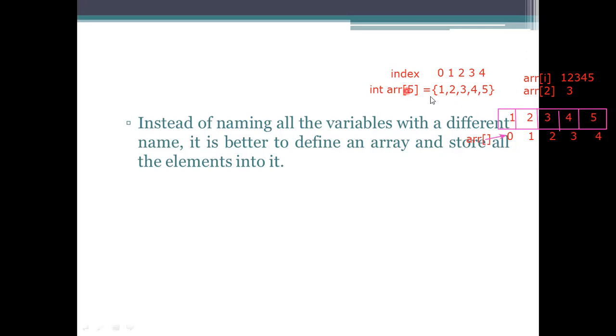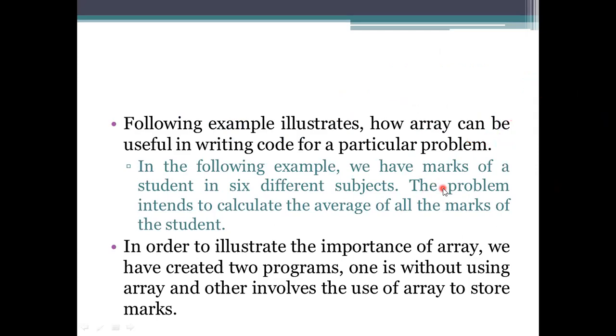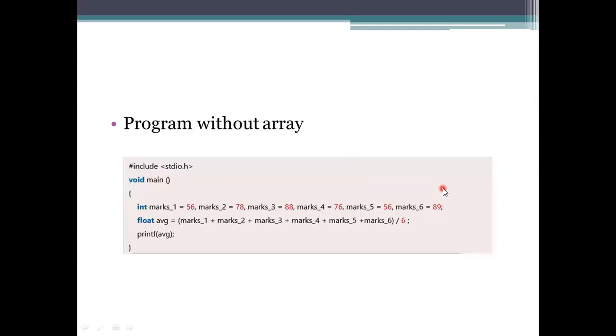So it allows us to know about the accessing or usage of the things we have. For example, if you see the example representation here, why we need the arrays concept: I took 6 different subjects, which are taken into consideration for student marks. I want to calculate the average. To calculate the average, we take two separate representations. The first one is without using arrays, and the next one is the program using arrays.